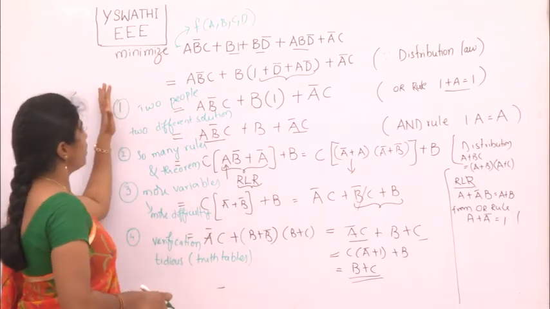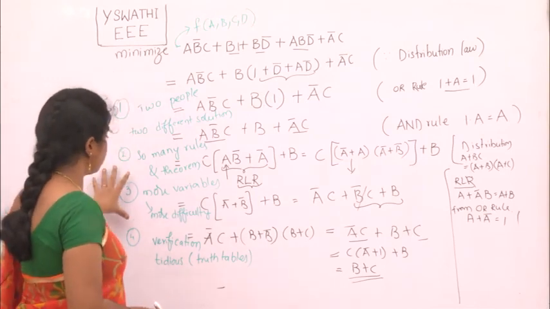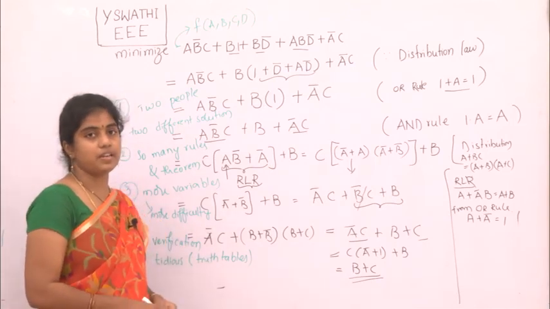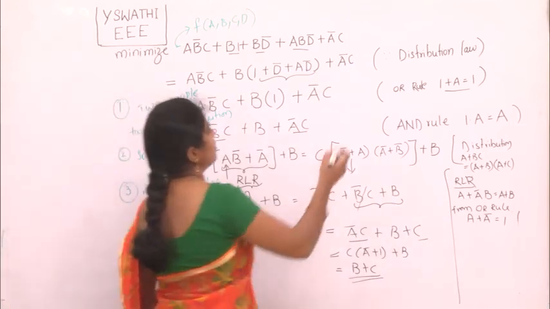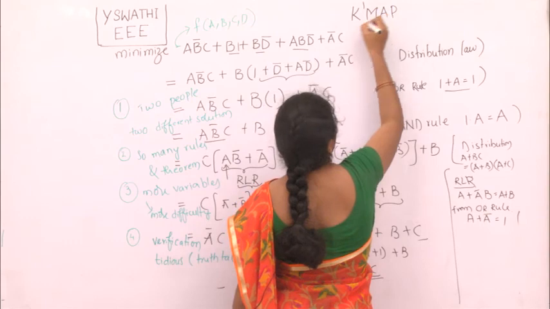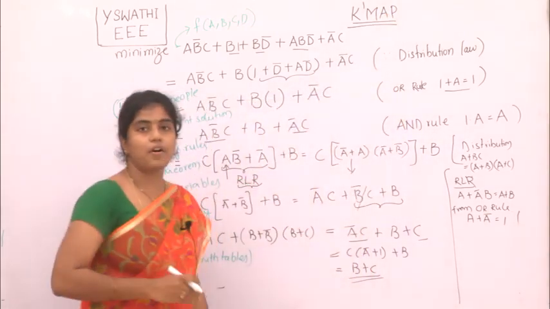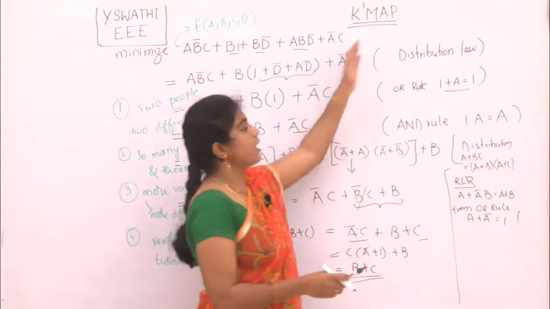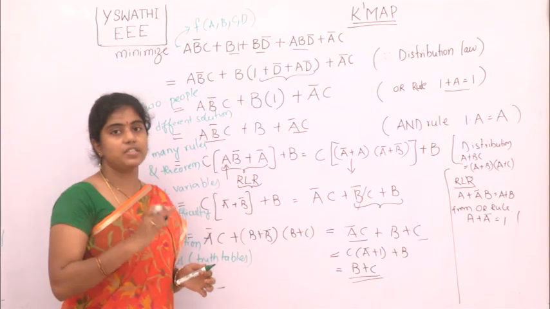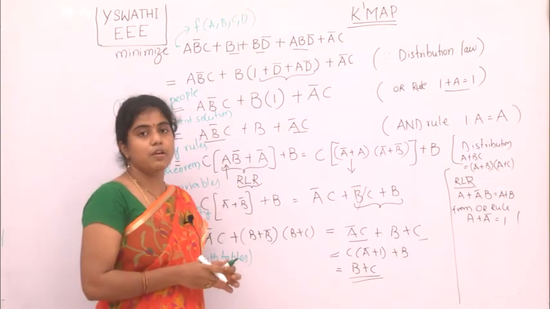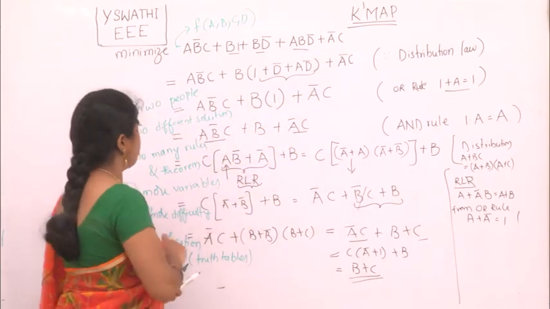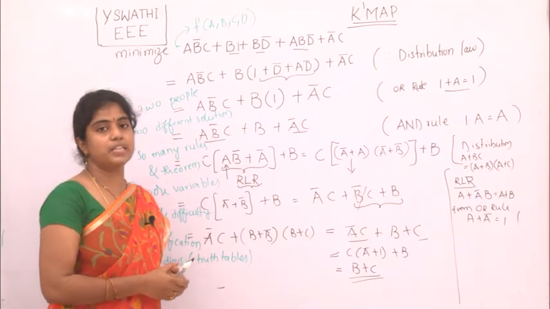So because Boolean algebra solving has these kinds of disadvantages, we are going to the next optimization technique, that is K-map optimization, also called the Karnaugh map. Before going into the K-map minimization, we'll first acquaint ourselves with some of the terms related to the Boolean expression, which will help us solve the K-map.